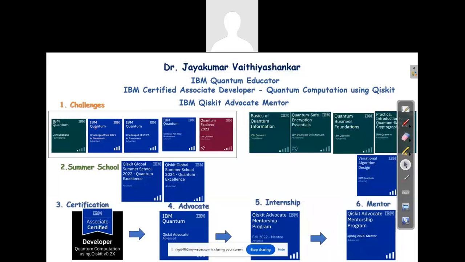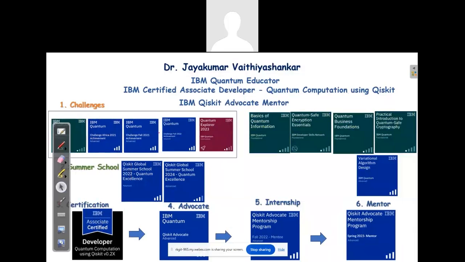So I recommend each and every one of you go through these free courses. I recommend basics of quantum information. This is very basic, fundamental level. Once you're able to clear this course, you can focus on quantum safe encryption. If you are interested in cryptography, you can focus on quantum safe encryption, then practical introduction to quantum